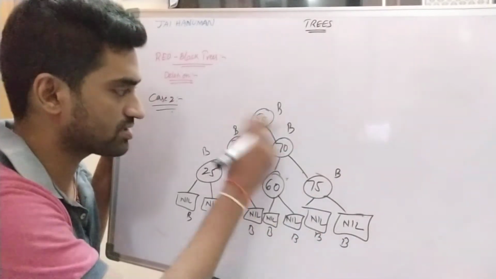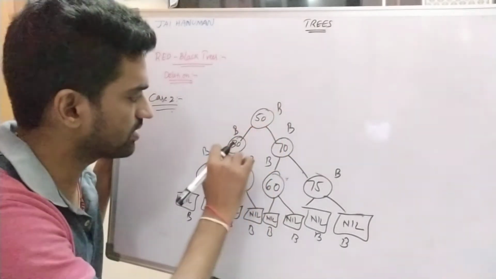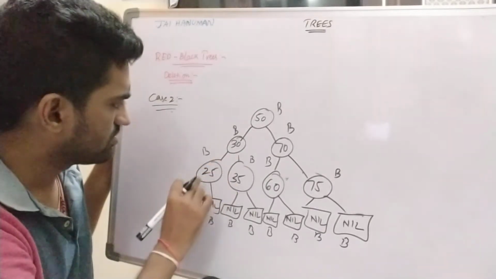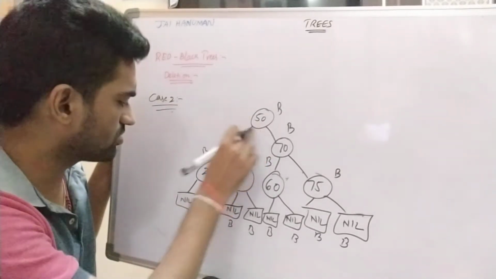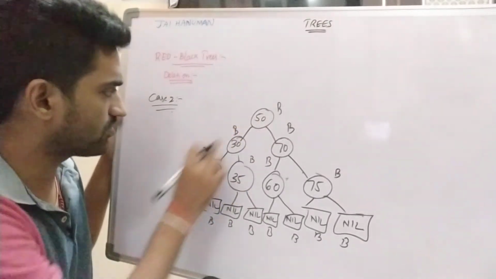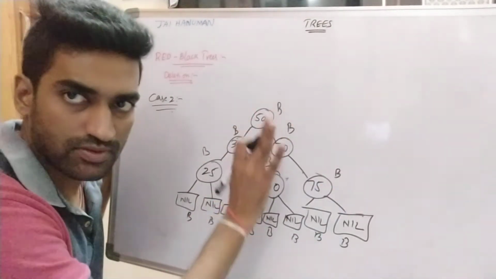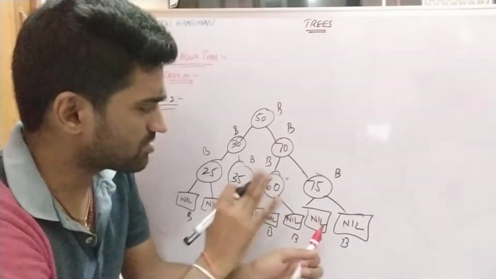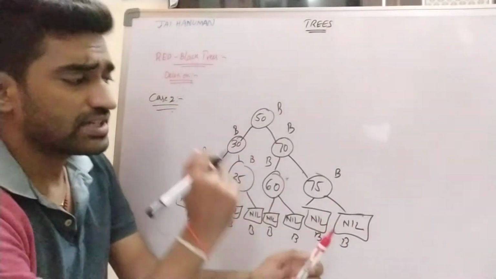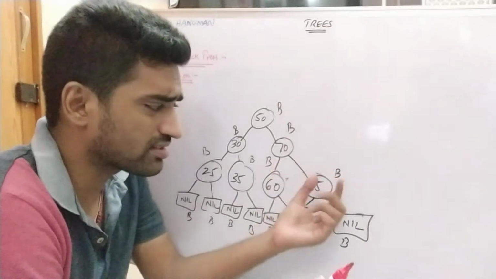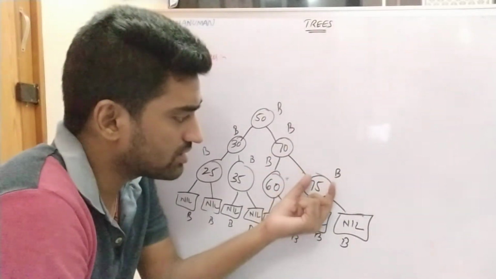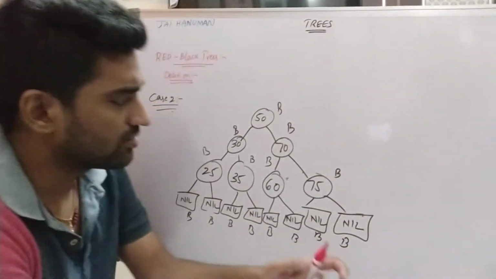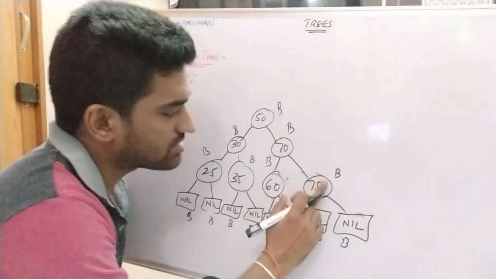Now let's check all the properties of the red black tree. The root is black, that property is satisfied. There are no two adjacent red nodes, that property is also satisfied. Then every path from the root node to a nil node has the same number of black nodes: 1 2 3 4, 1 2 3 4, 1 2 3 4, 1 2 3 4, right? That property is also satisfied by this tree, so this is also a red black tree, right? Suppose now I want to delete 75. In the previous case that node was a red node, so we just deleted it, but this node is a black node. The deleted node is a black node, right? So here I want to delete 75.